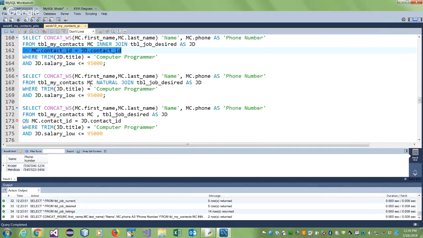If you want to make a note for yourself, please do it. What is the default? You don't even mention it. If you do mention it, you will get an error. The default is same fields, names are the same, and you're doing an equality. Only under that condition you don't need a joining condition. So you can use inner join, you can use natural join, you can use the comma, and of course